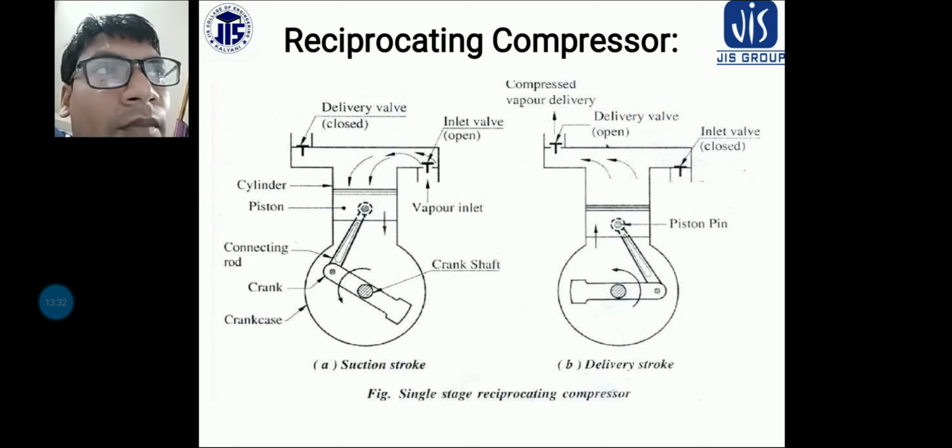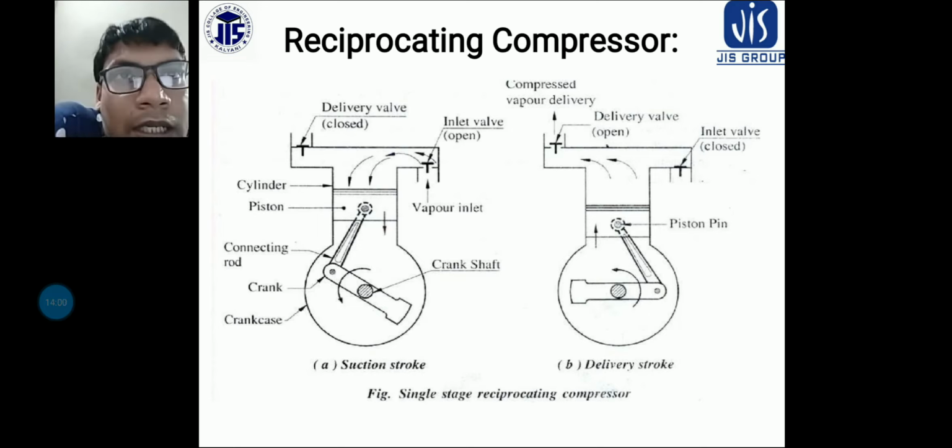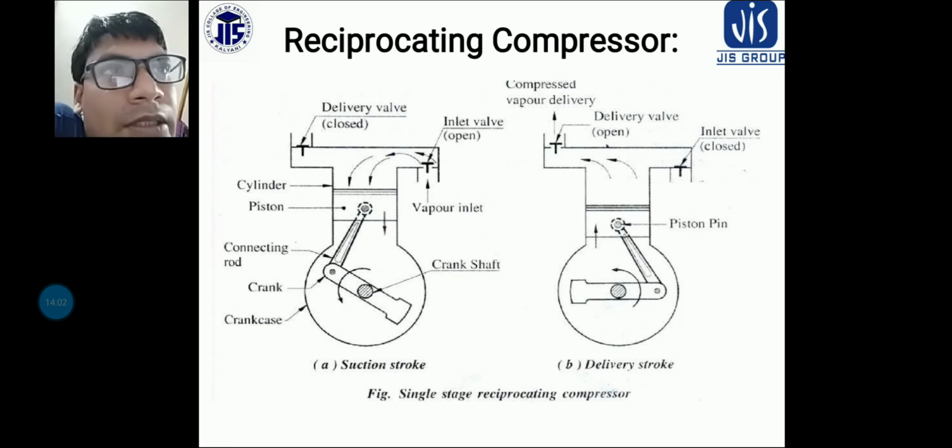These are the suitable refrigerants for which it can be used. These are suitable for refrigerants which require relatively small displacement volume and high condensing pressure. In case of a reciprocating compressor, these are the refrigerants I have mentioned: R12, R22, R502 and R717. Mainly these are the refrigerants used which require relatively small displacement volume and high condensing pressure.